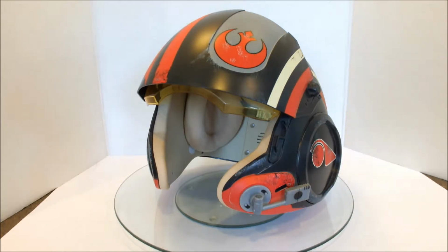like the 501st. So this is probably not something you could use for like the Rebel Legion or whatever it is they call the Resistance version of that. But if you're just a basic collector, you're probably going to enjoy this. Like other Black Series